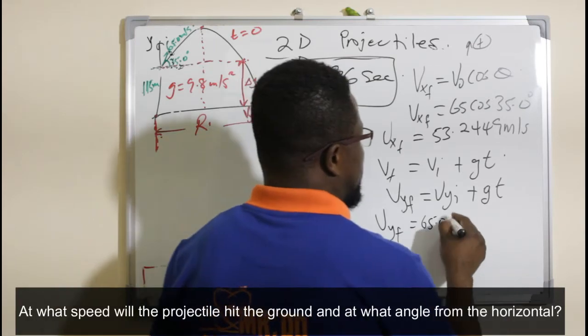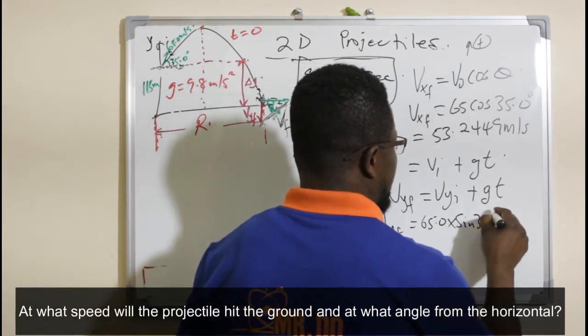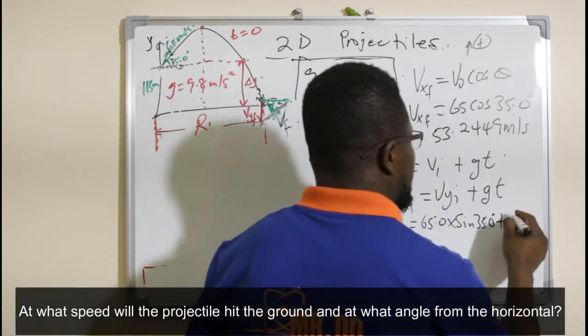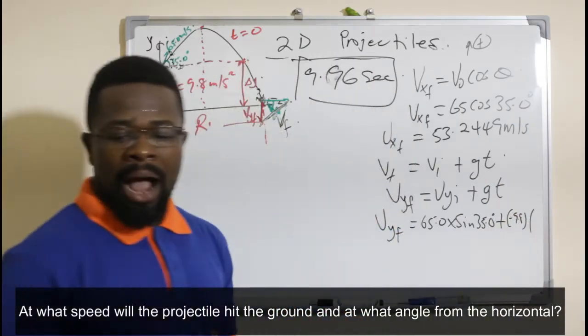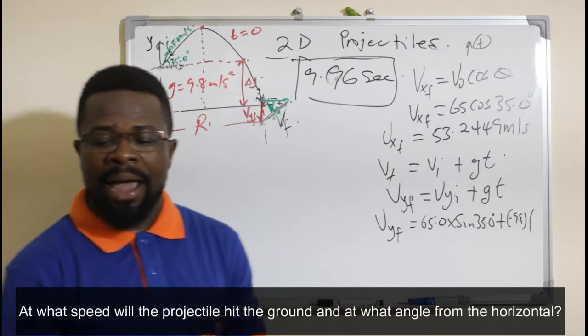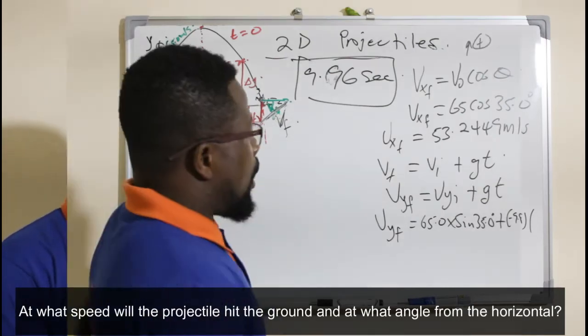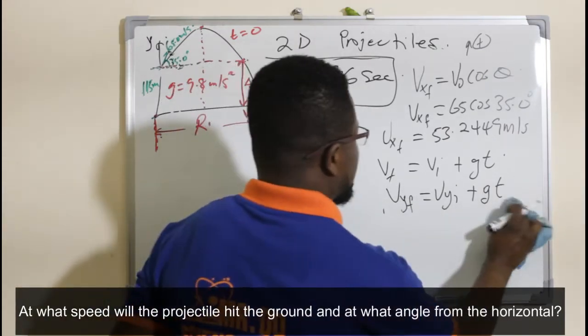65.0, okay, multiplied by sine 35.0 degrees, plus this is going downward, so that is negative 9.8, and then we are going to multiply it by the time for us to do the calculation. Alright, so the time is, let me try, I think the space is still not enough, so let